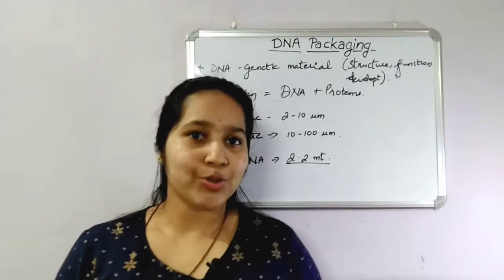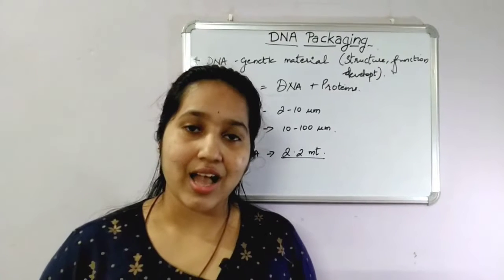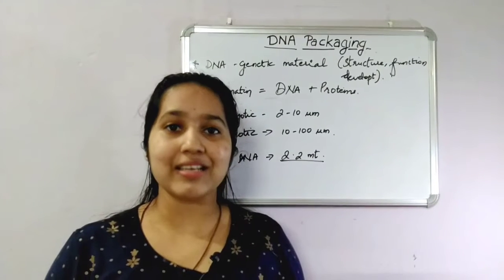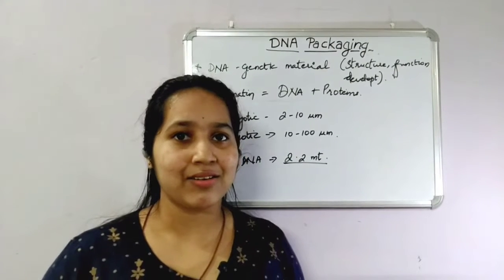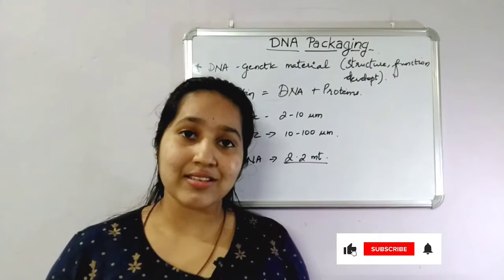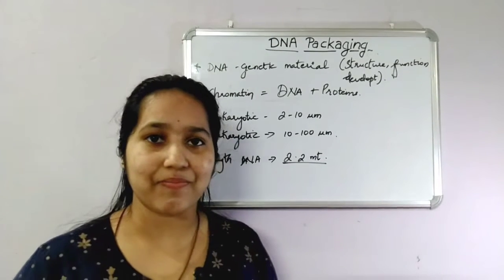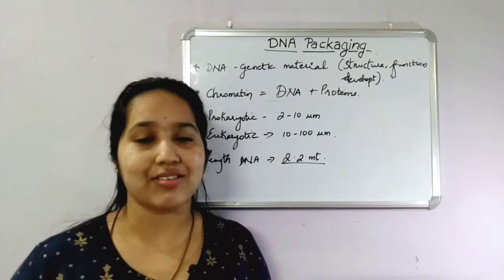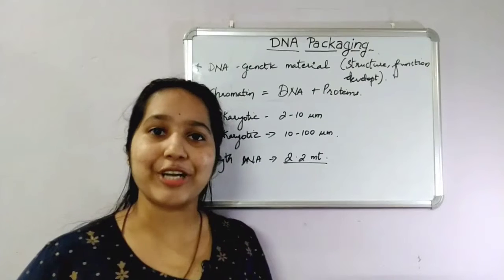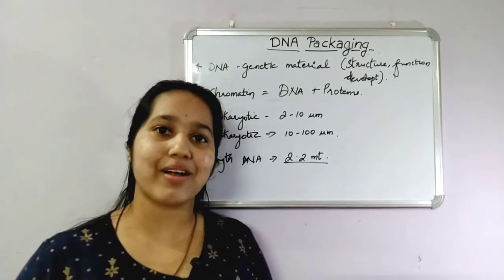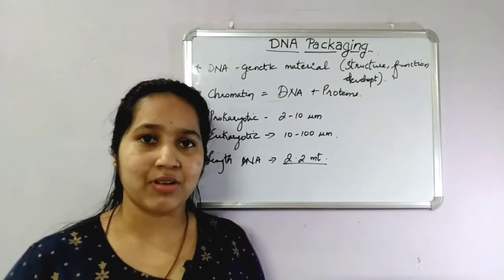So, we all know that we humans, each one of us, look different, and these differences basically come from the DNA, the genetic material that we inherit. It is the differences in the DNA sequences that make each one of us different. It is the DNA that codes for the genetic information which will determine the structure, the function and the development of an organism.